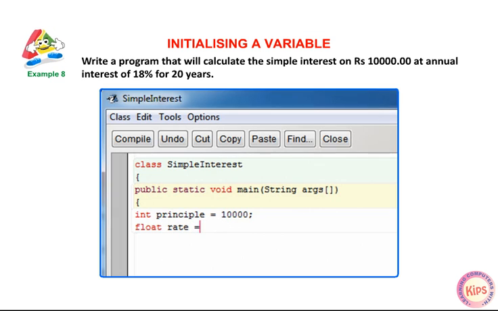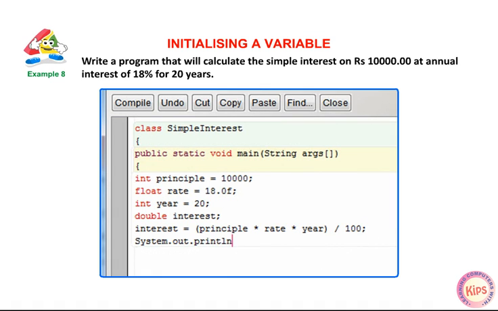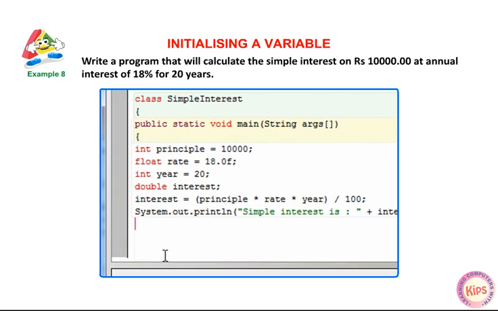float rate = 18.0f; int years = 20; double interest; interest = (principal * rate * years) / 100; System.out.println("simple interest is: " + interest); } }